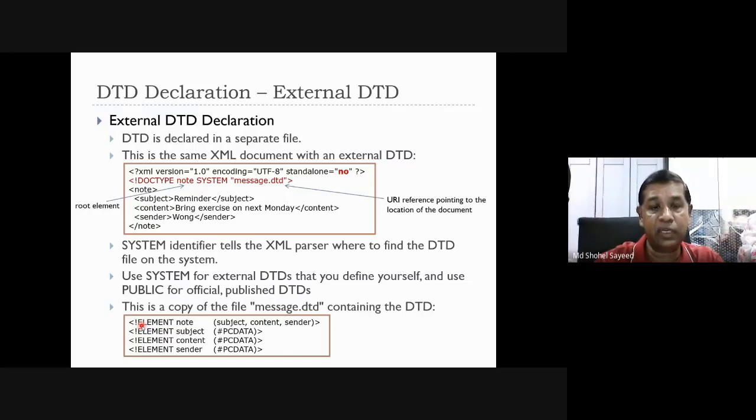You must declare the DTD file and save it as .dtd. So the element note, subject, content, sender: the element type of subject is PCDATA, then the element content type is PCDATA, and the last one is sender, also PCDATA. You look here, this is the name of the file, message.dtd. So this is used as an external DTD inside the XML document. I hope you understand this one. Next,